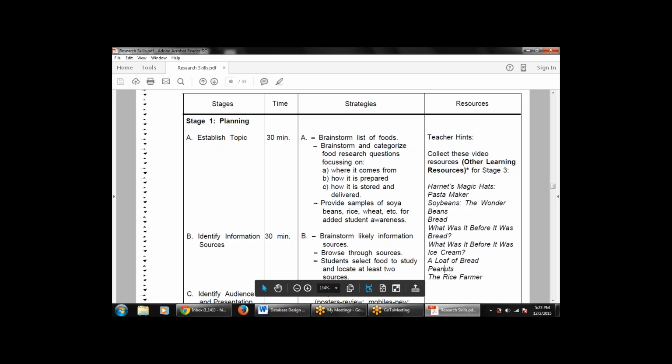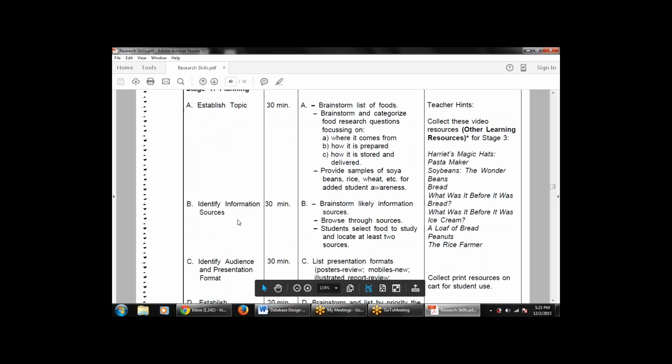Then the next stage is to identify the information sources. That is what are the various information sources that are carried out. So brainstorm the likely information sources. Then browse through the sources. Browse means what are the various sources that are available. So browse them, or we can say identify them, and search them from the various sources that are used to identify